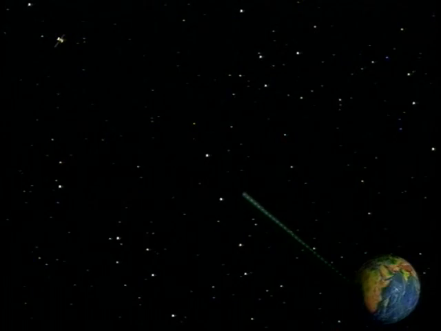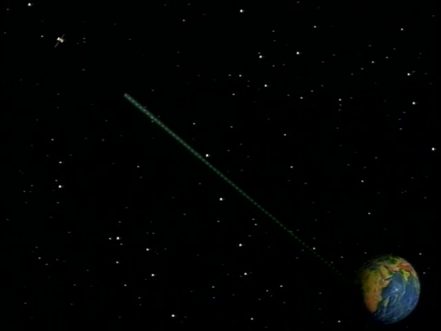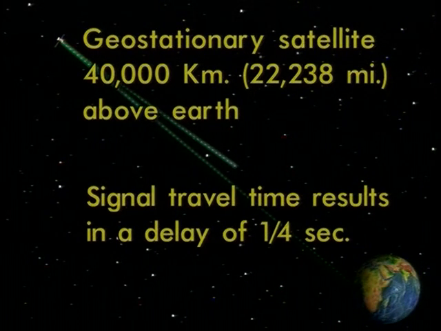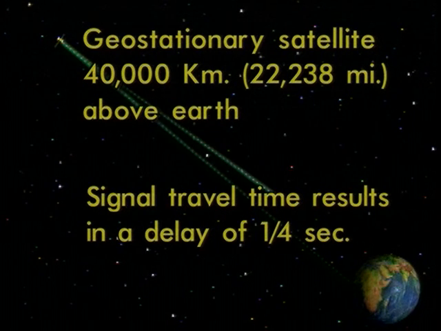The satellite circuit has three essential parts: an Earth-based uplink antenna, the space-based satellite transponder aboard the satellite itself, and an Earth-based downlink receive antenna. Radio waves travel at the speed of light, and geostationary satellites are about 40,000 kilometers above the equator. So the time it takes the signal to travel from the uplink antenna to the satellite and back down to the Earth is about a quarter of a second.